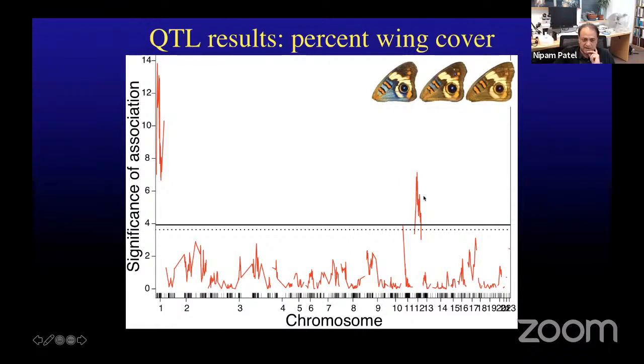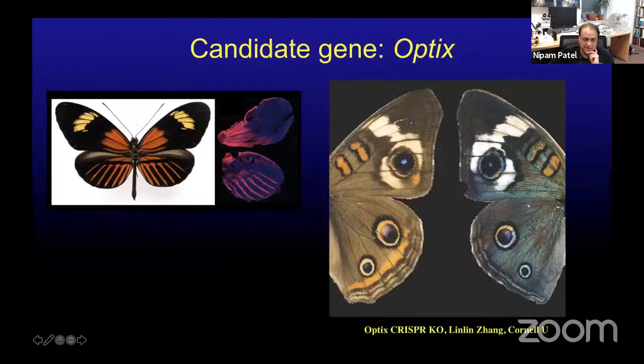Somewhat by chance, we are pretty much certain we know what one of these loci already is. It's a gene called optix. And optix was first discovered and characterized because it was mapped as a locus that controls variation in the red color pattern in Heliconius butterflies. So I should mention optix is a transcription factor. And Bob Reed's lab, when they knocked it out in butterflies, I don't know that they knew exactly what they were going to get, but they got this amazing phenomenon that the butterfly suddenly became blue, those scales.